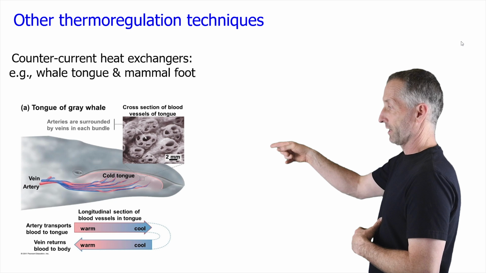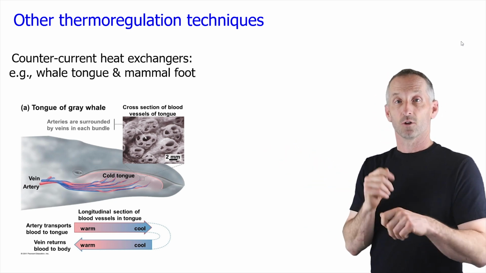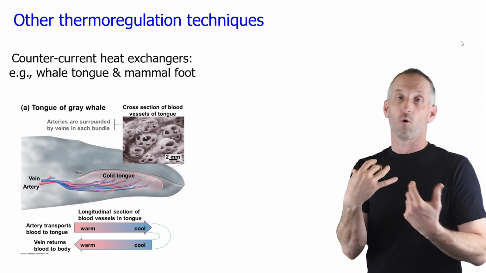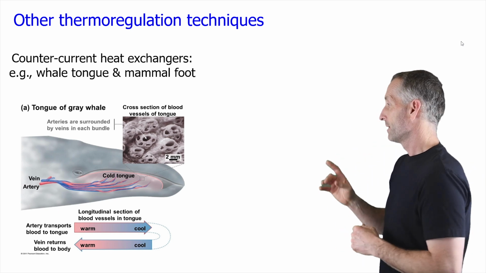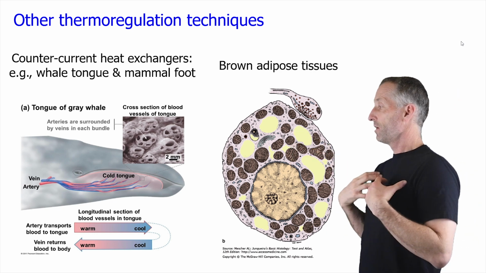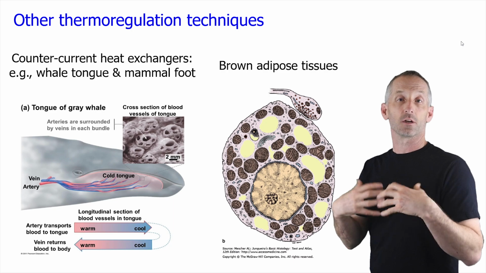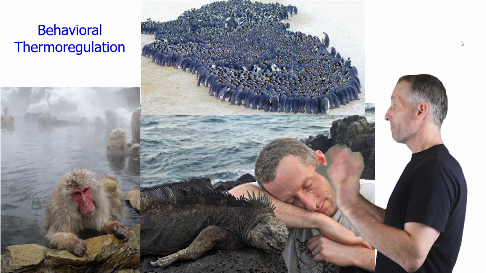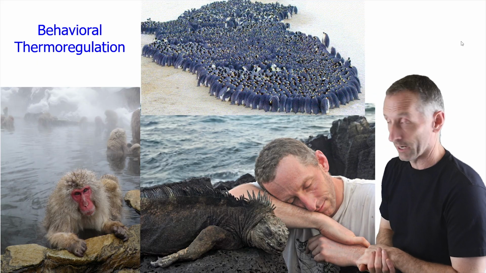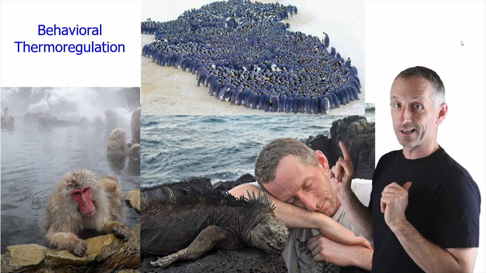So for example, the tongue of a gray whale has a countercurrent exchange mechanism so that when its mouth is filled with cold water, it won't lose too much heat. And then also we have brown adipose tissues, which are often stored and then used or burned essentially to warm us up. Now, my favorite example of behavioral thermoregulation is that of the emperor penguins, and it's the easiest to